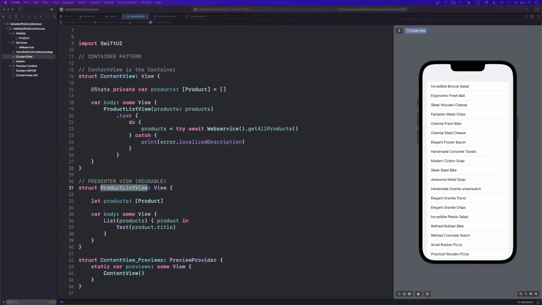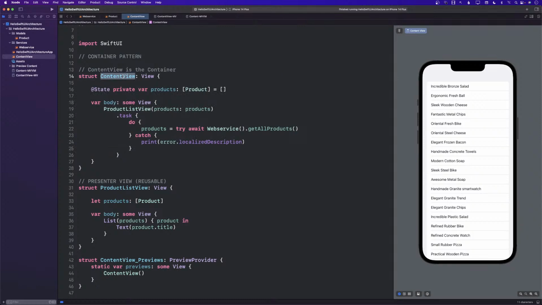Now, which one do you choose? It's a difficult question because it really depends on the type of the app that you're working on. As you can see, this is actually a very common pattern in React, but the problem with this pattern is that it will be very hard to unit test the logic. If your view has any logic like filtering and sorting, it will be very hard to test it out because you can't really easily test the view itself.